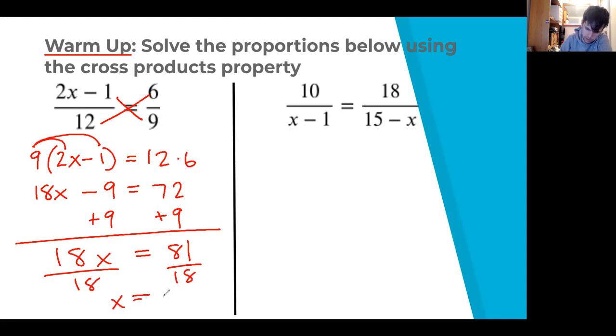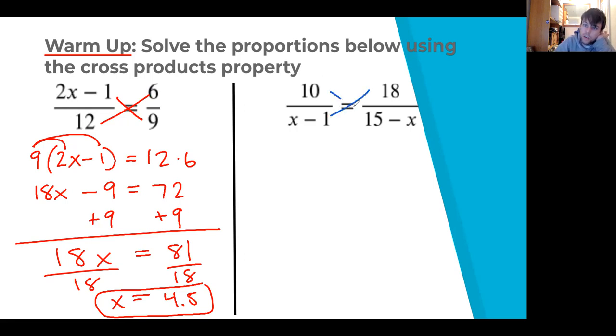here, but let me just double check this. 4.5. You could go ahead and substitute that back in there and make sure that works out. I believe that it does, though. And then let's go ahead and go after the second one here real quick. Again, feel free to pause it and try it on your own, but I'm going to go ahead and move